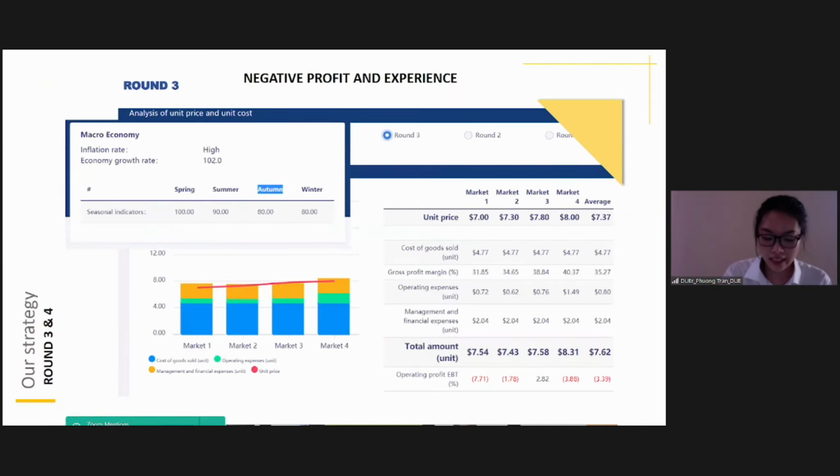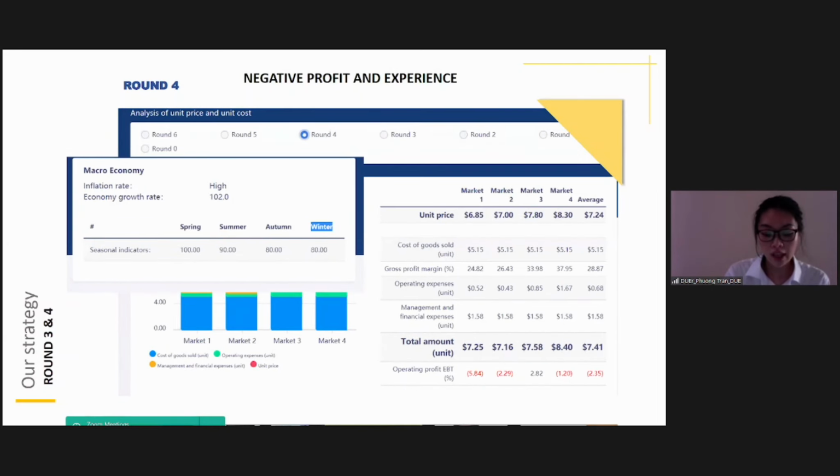The season indicator showed that the demand was decreasing, so we decided to decrease our production amount, but this change made an increase in working shift cost. The decrease in allocation and the increase in cost led to an increase in the cost of goods sold. Meanwhile, the selling price was lower than the cost of goods sold, so our profit was negative.